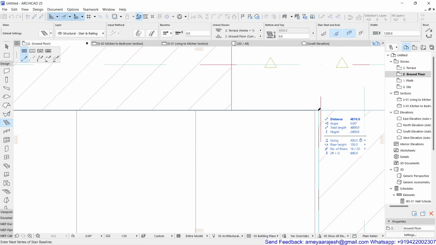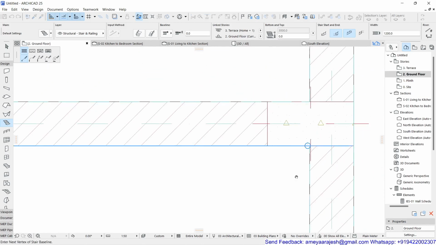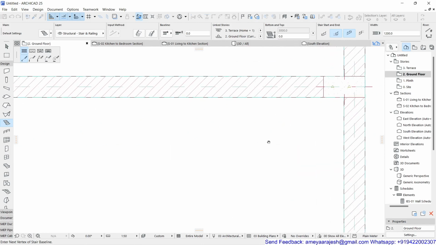Actually it is 4810, which is not correct by 10 millimeter, but that's fine. You can fine tune it also, or otherwise you can push this staircase 10 millimeter back later. If you want to complete this in intervals of exact value, that is multiples of 300 probably, I'll just pick this point. And from there when I start turning, you must have realized also on your screen,